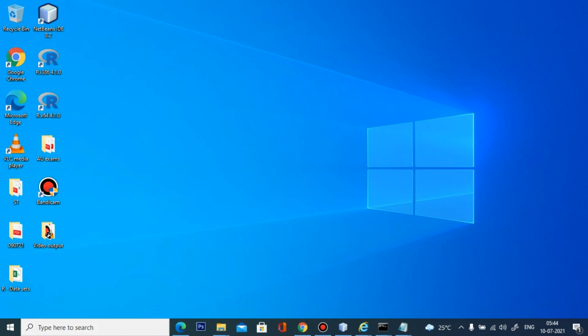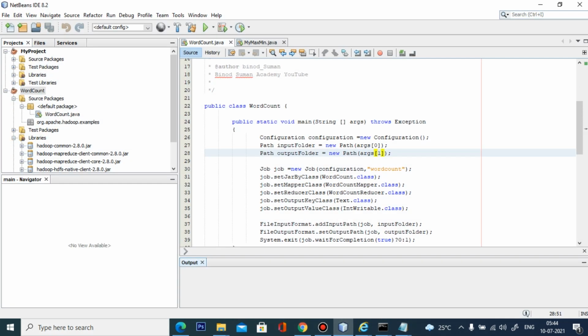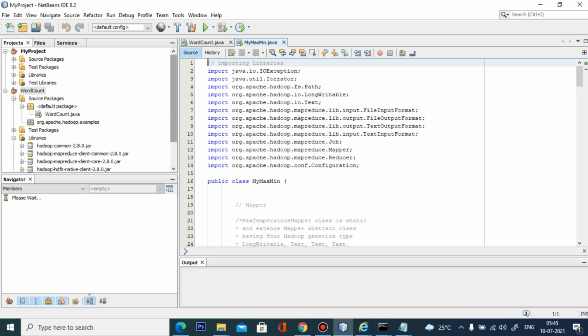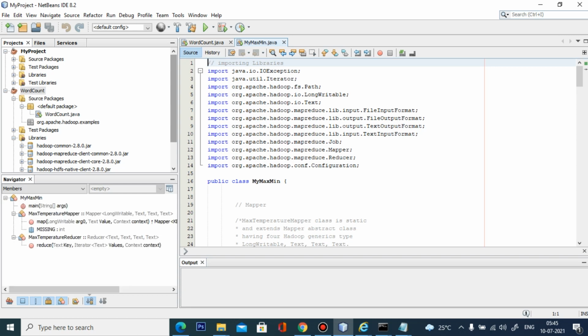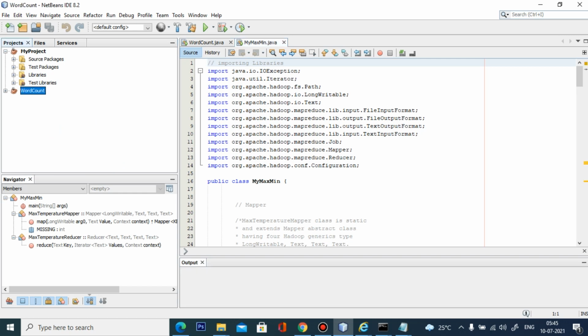Now we are going to write a Java program for manipulating the weather data. We already know how to create a Java project. This is my weather data analytics program, my max-min, to identify whether a particular day is hot or cold. This is my project, and within it I have the program maxmin.java.